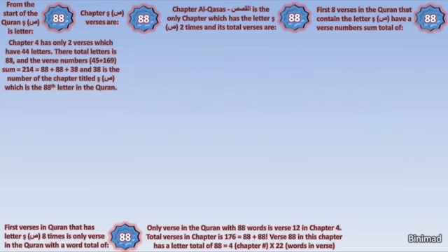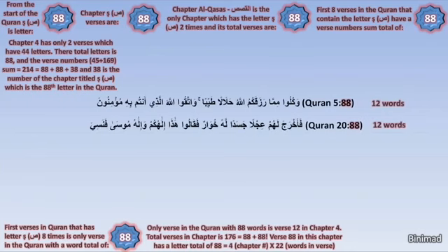In chapter 4, we said that it was verse 12 that had 88 words. So can we see the number 12 manifest elsewhere in this code? We realize that the verse 88 in chapter Al-Ma'idah and verse 88 in chapter Taha both have 12 words each. This connection makes us look at them even closer, and we realize that the total number of letters in these 2 verses is 100, which is 88 plus 12. This is truly an astonishing code, but we are still just warming up.